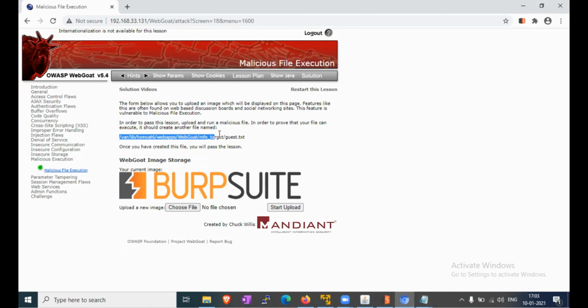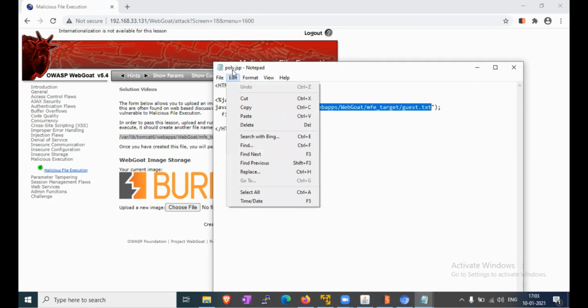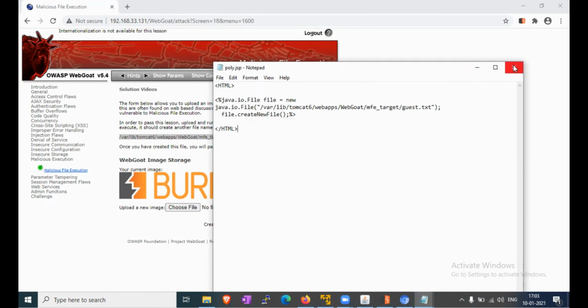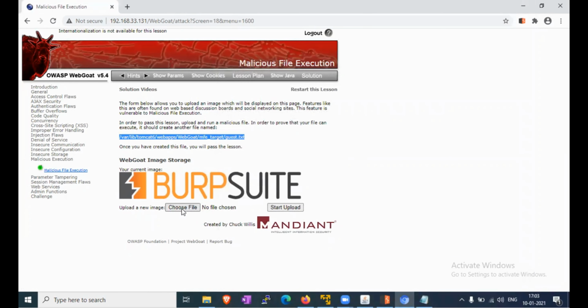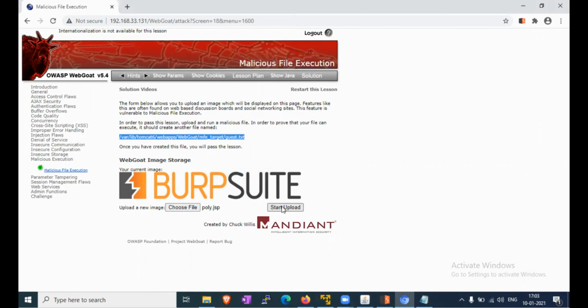So we have to copy that particular path, and we have created the file with java.io.File equal to new java.io.File, and just paste the provided path and save that as any JSP file. You can give any JSP file name. Okay, just close it and open that particular .jsp file, and start upload.